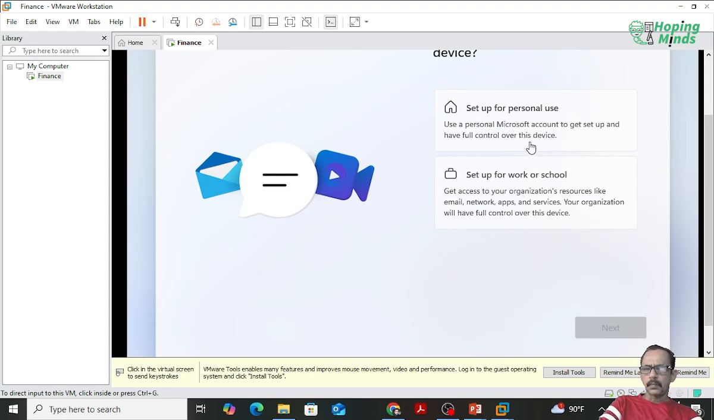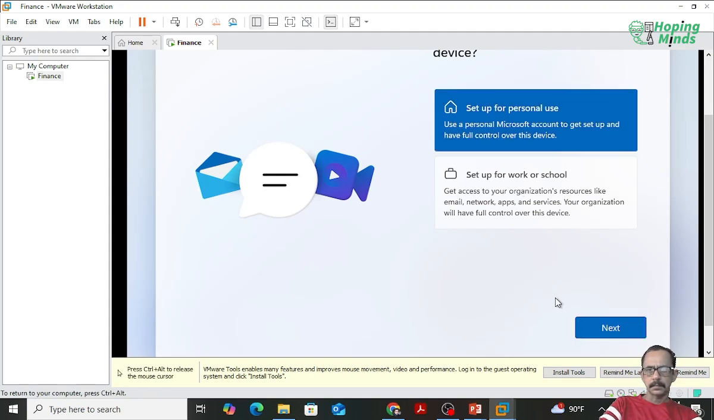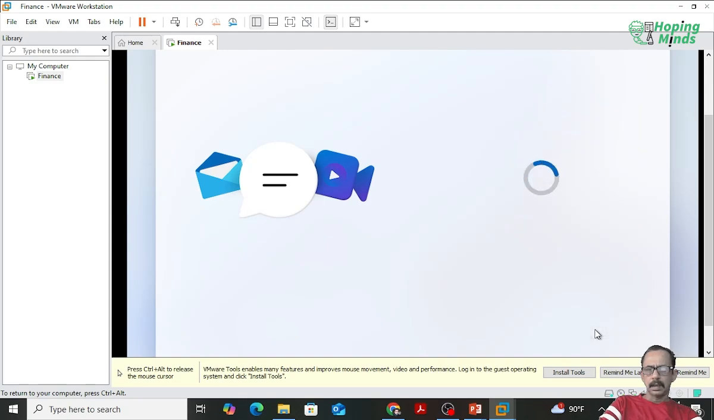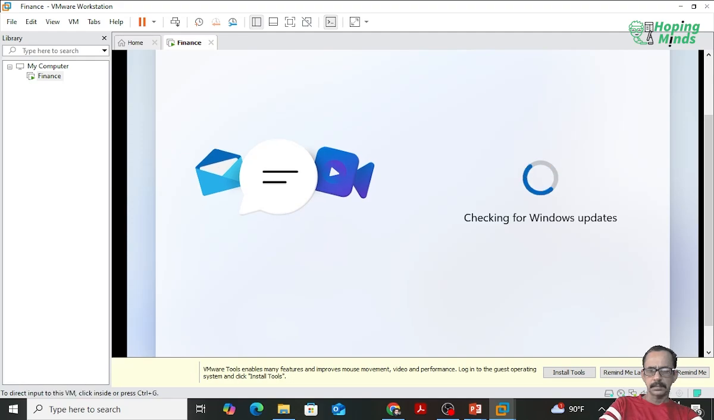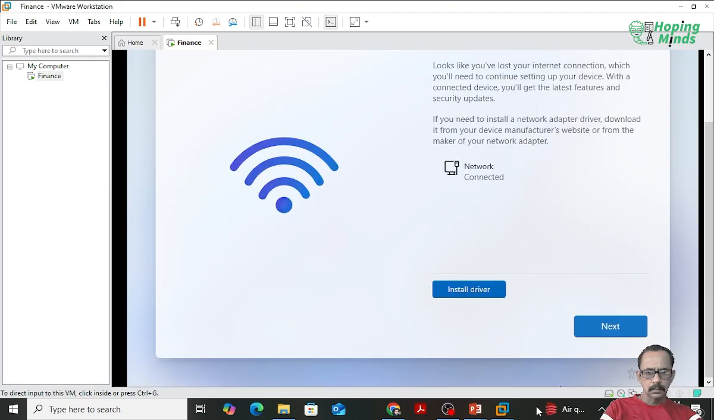So now for the personal use setup, okay, next. Again, I'm saying this option can vary from operating system to operating system, version to version. Don't think everywhere you find the same option that I'm doing here. Okay? So let's see. So it's connected to the network. Next,